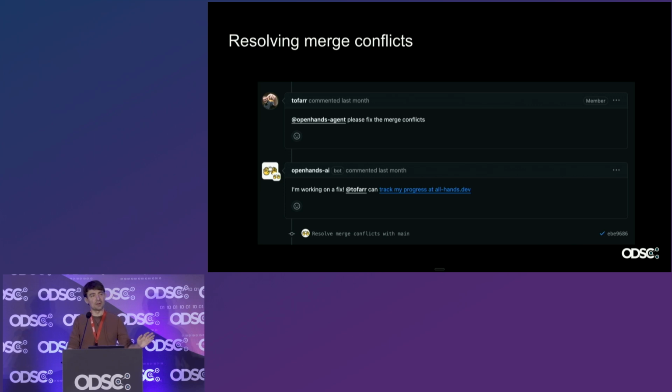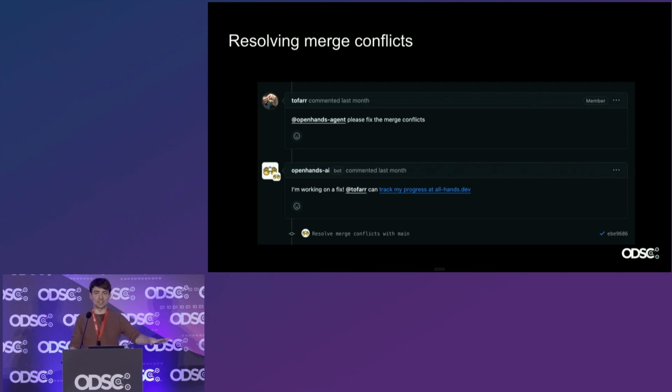One that I've already spoken to before, because it's literally my favorite use case, is resolving merge conflicts. This is my least favorite part of being a software engineer, is when my PR was ready to merge, somebody else had touched the same file, and usually it's a very rote task. It's very clear that all I need to do is move this line here, move this line here, and I love being able to just shovel this off to an AI, let it do it for me.